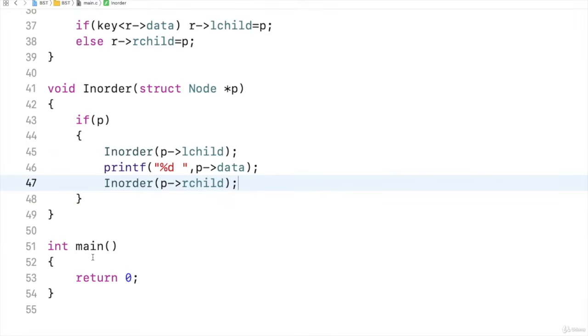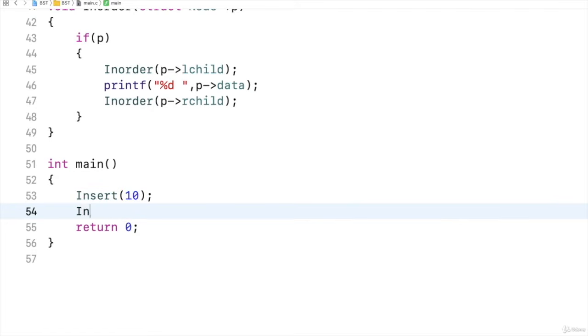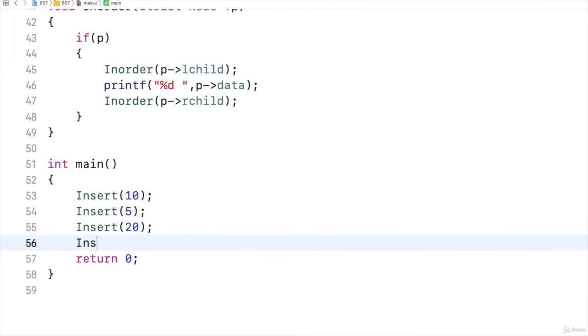Now let us write the main function and test these insert and in-order functions. Then later on I will write the search function. From the main function I will perform insert operations. I will insert a key 10. This should be a root. Then insert 5. This should go on the left hand side. Then insert 20. It should be on the right hand side. Then insert